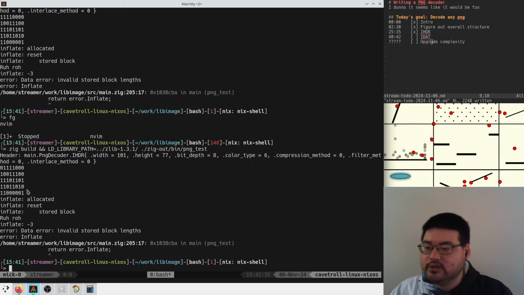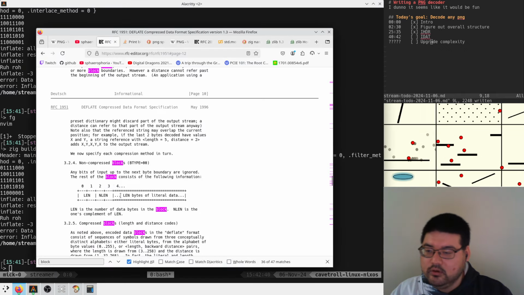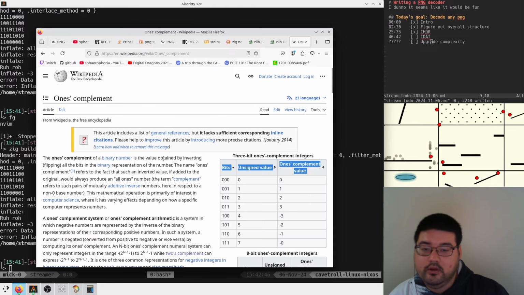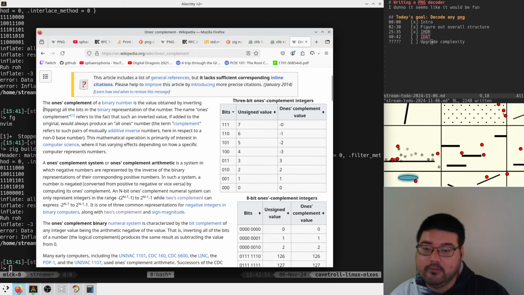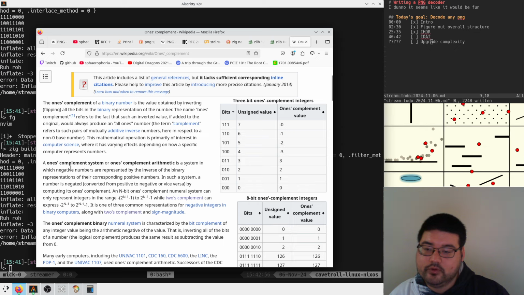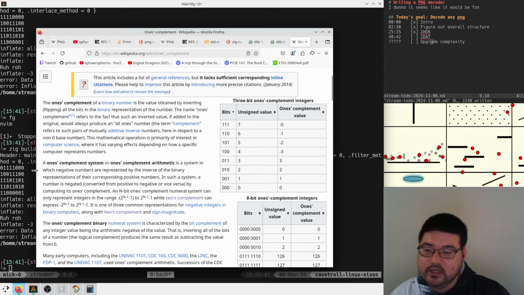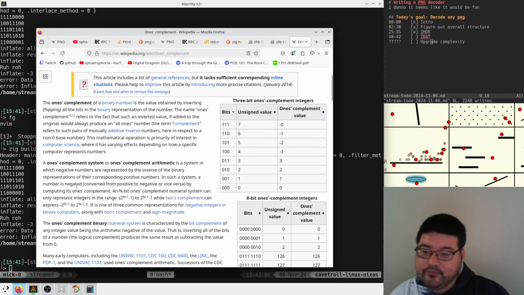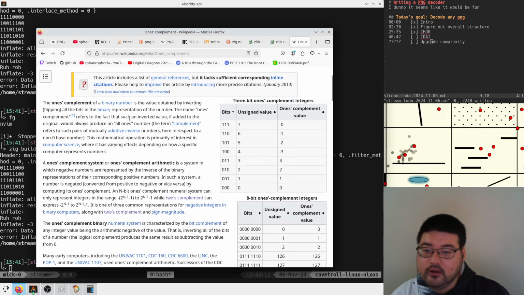And then he's supposed to see a 1's complement of that thing, which I don't really know what 1's complement is. 1's complement. What is that? 1's complement of a binary number is the value obtained by inverting all the bits in the binary number. Negative numbers are represented by the inverse of the binary representations of their corresponding positive numbers. Such a system number is negated. Okay. By computing its 1's complement. Okay, sure. What's the